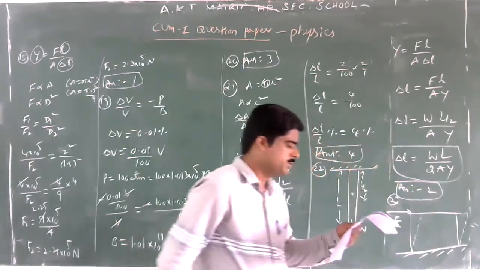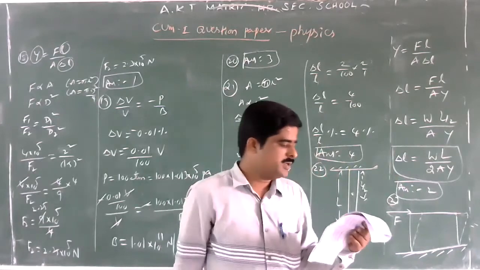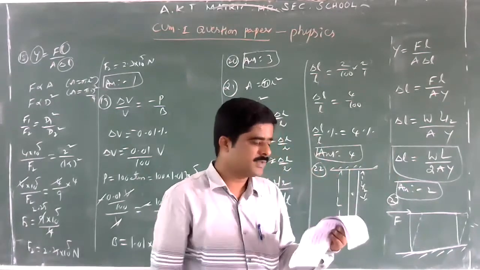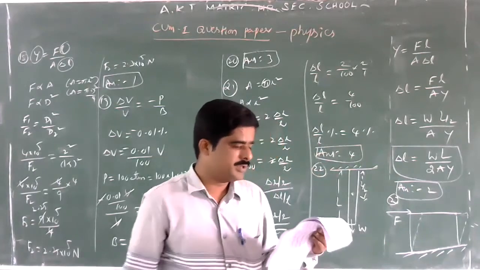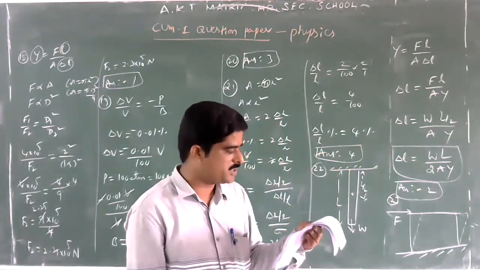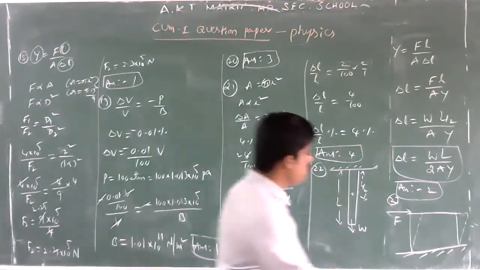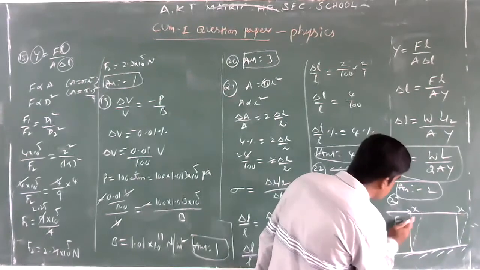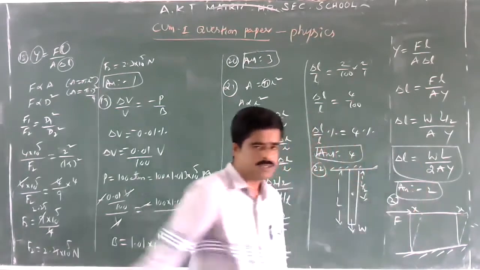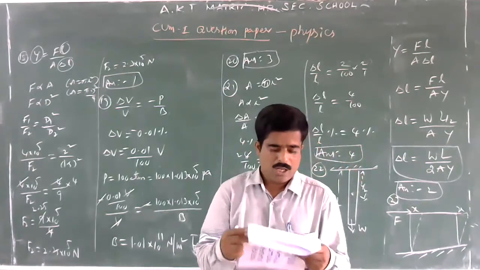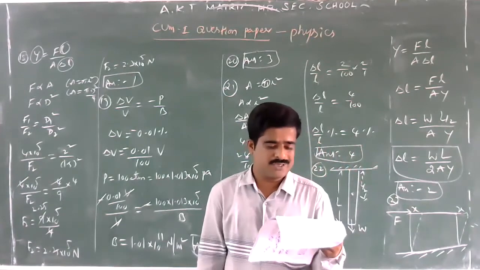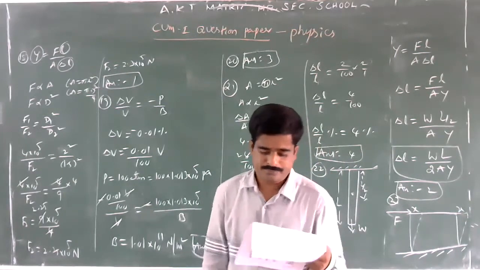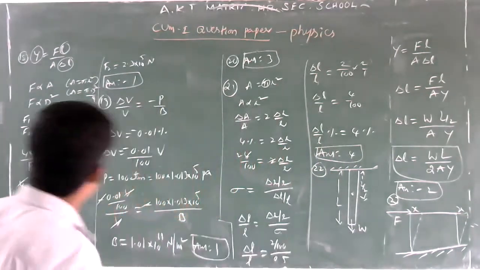Okay. A tangential force of 10 kN is applied on the upper surface as shown in the figure. The lateral displacement x of the upper surface with respect to the lower surface is? So what is the lateral displacement here? We want to find the lateral displacement x. Its sides are displaced by how much? Next, the modulus of rigidity for steel is 8 into 10 to the power of 11 Newton per meter square. Okay, so the rigidity modulus